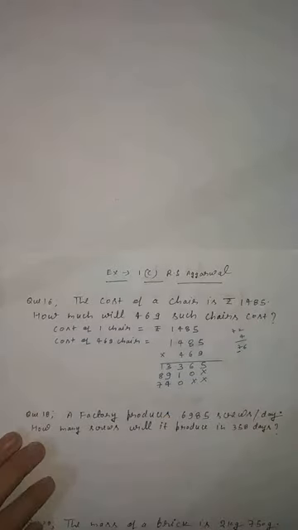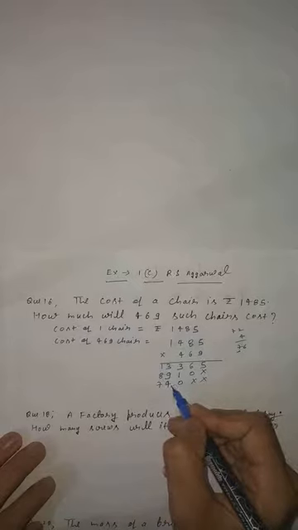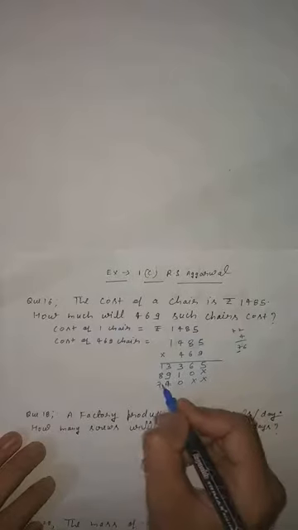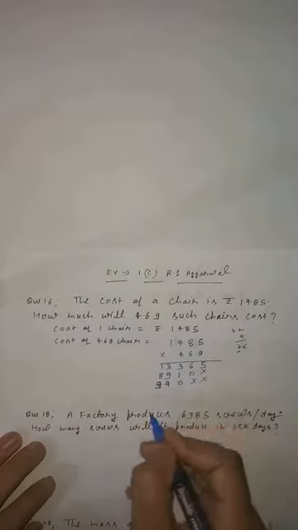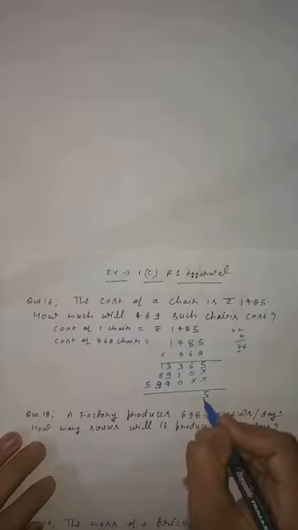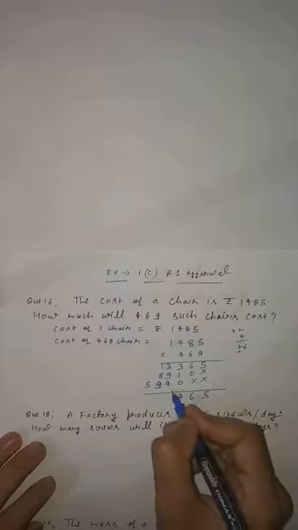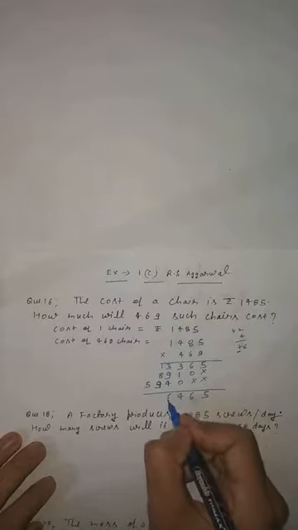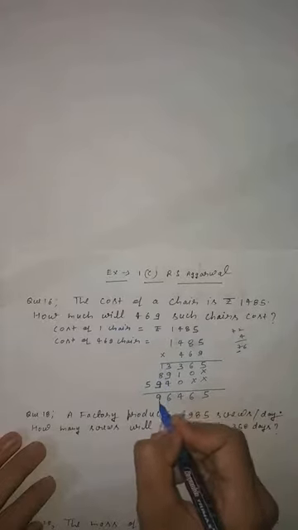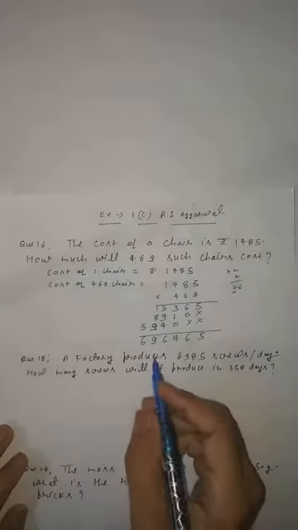Clear, students? Here, students, 4 fives are 20, 4 eights are 32 plus 2 is 34, 4 fours are 16, 16 and 3 is 19, and 4 ones are 4 and 1 is 5. Clear, students? Now you have to add. This will become 5, this will become 6, this will become 4, 9 plus 4 is 13, 13 plus 3 is 16, 9 plus 1 is 10, 10 plus 8 is 18 and 1 is 19, and 5 plus 1 is 6. Clear, students? So students, this is your answer.